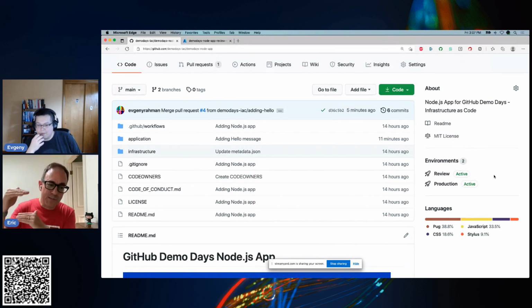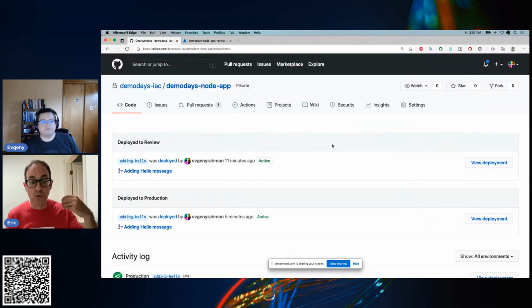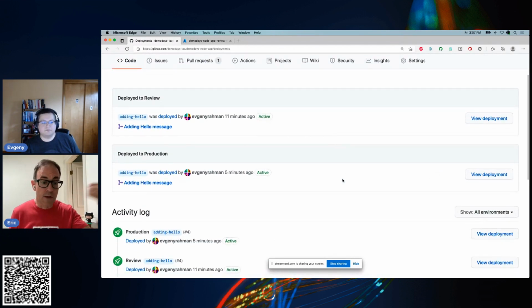So in terms of in one spot, as long as you're using the environment API, which we strongly recommend here, folks come into the application itself, looking at that right column, environments, let's see what's going on. Sure, a convention that production is production, review is review, or whatever you choose. You have the flexibility to name those as you see fit. But looking through that list, you are seeing the history of every deployment there. And the advantage of the architectural model here, with infrastructure as code and a new environment per deployment, is we've got history of all of those deployments.